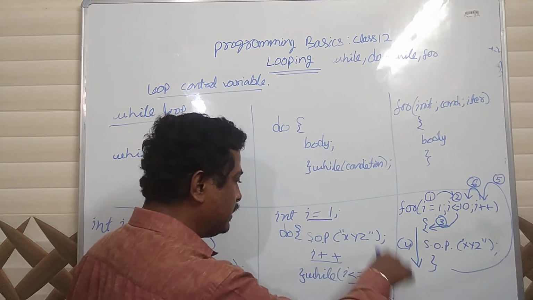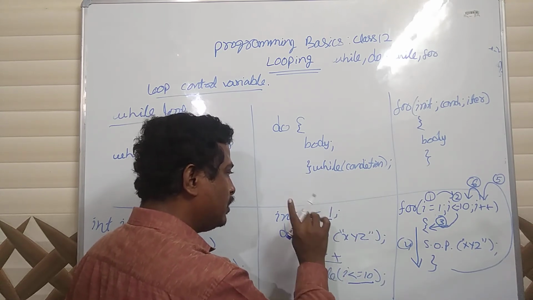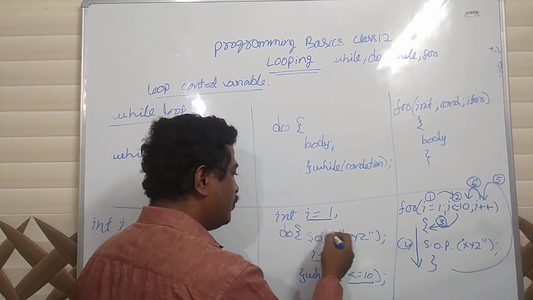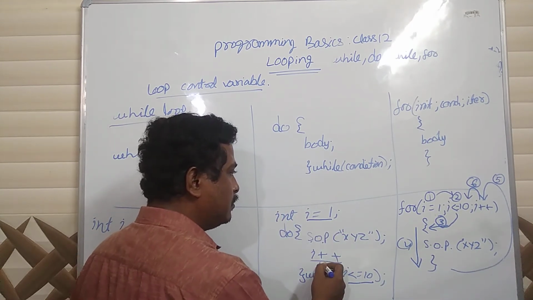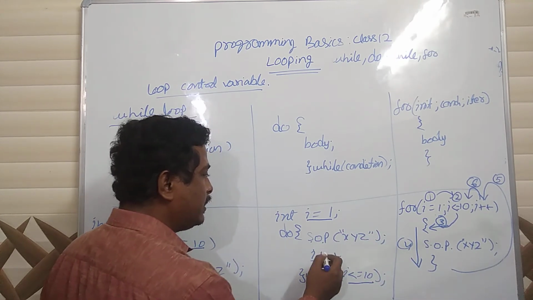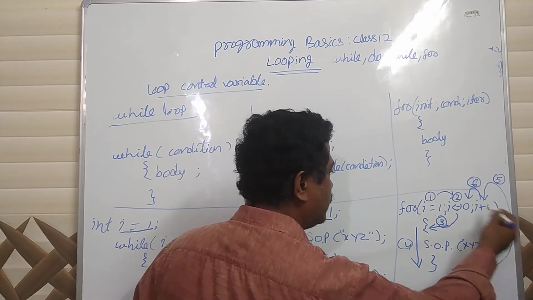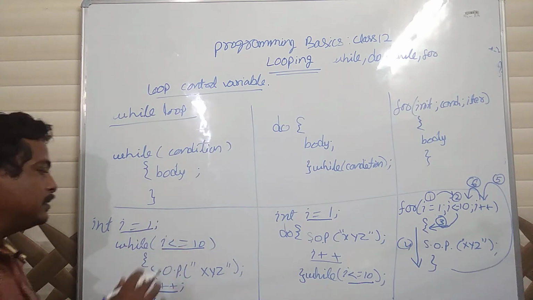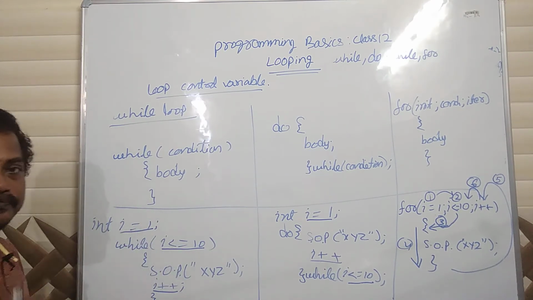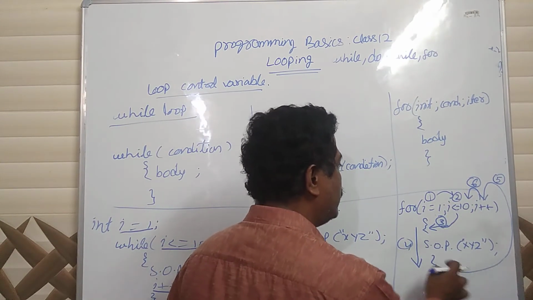If you see the second time, condition, no initialization. Initialization happens once only in all the cases, and then condition, body of the loop, iteration. Condition, body, iteration, condition, body, iteration. So it is the same in all the cases: condition, body, then iteration. For loop also the same: condition, body, then iteration.